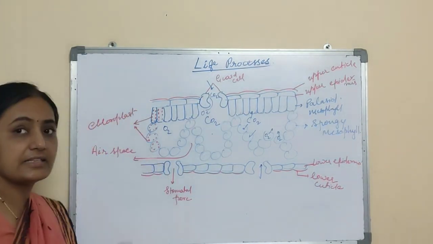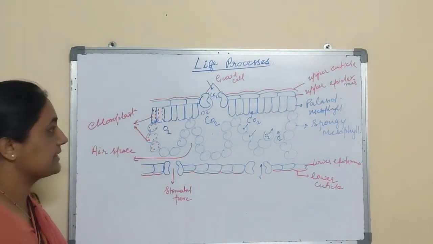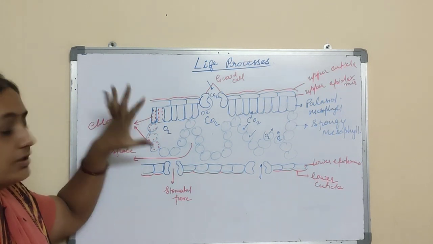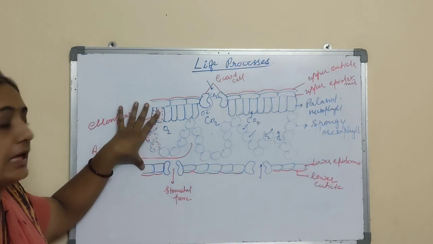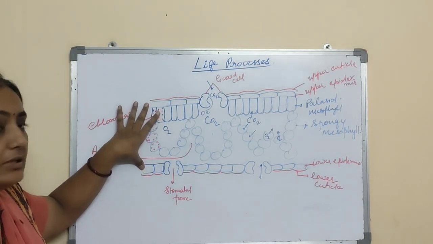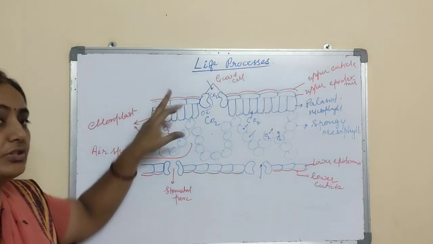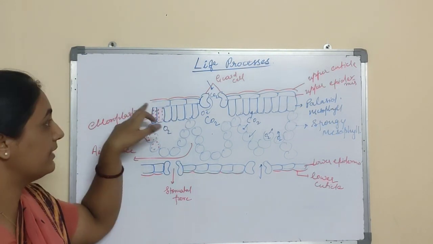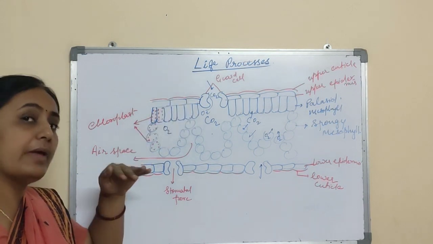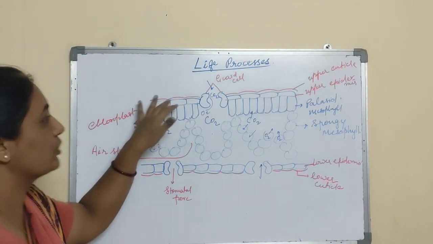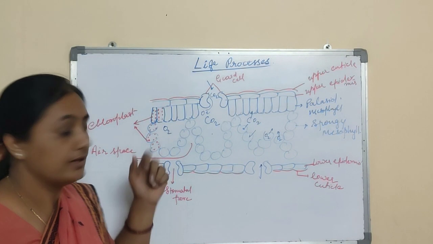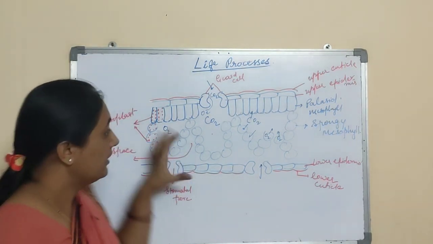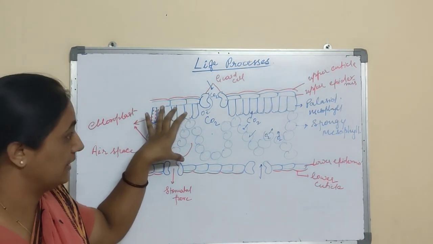So this is the TS section of leaf. In this TS section of leaf, what have we studied? We have studied that the leaf is covered from both sides with the help of epidermis. Above the epidermis is the cuticle. What is the role of cuticle? Cuticle is sticky in nature and protects the leaf, preventing the innermost part from excess loss of water, so that water should not be lost from epidermal cells. The role of epidermal cells is protective in nature. They protect the inner part of the leaf.